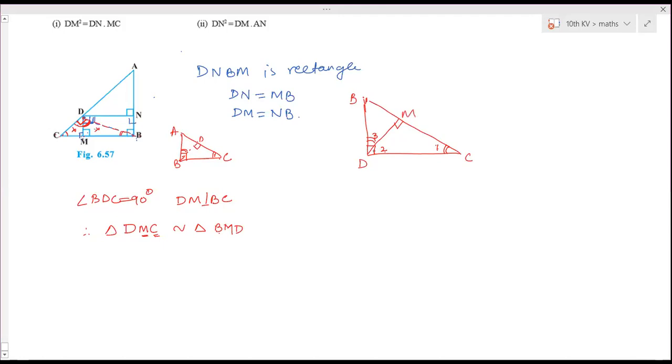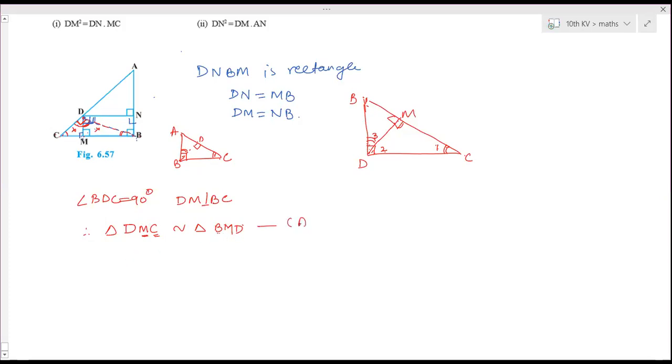So in this triangle, I will draw again: it is BDC and this is M. DM is perpendicular to BC. If I write the triangle name as DMC, now M of this triangle is equal to M of BMD, so M, the middle portion, should come in the middle position. Now C of this triangle is equal to angle D of the second triangle, so D should be the third letter, the equal angle vertex. And the remaining one should be written in the first place. So BMD.